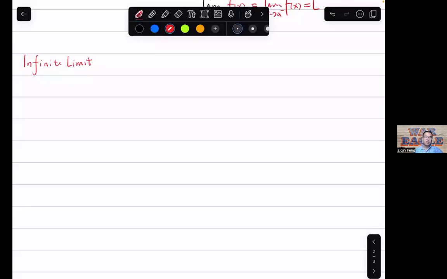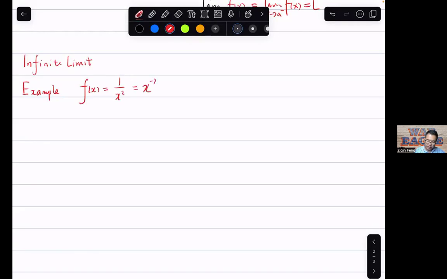In this video, we will discuss infinite limit and also vertical asymptote of a given function, right? Let's see a motivating example for the infinite limit. Let's see that, right? So let's see, we have a function here, example. Our function here, formula is f of x equal to 1 over x squared,